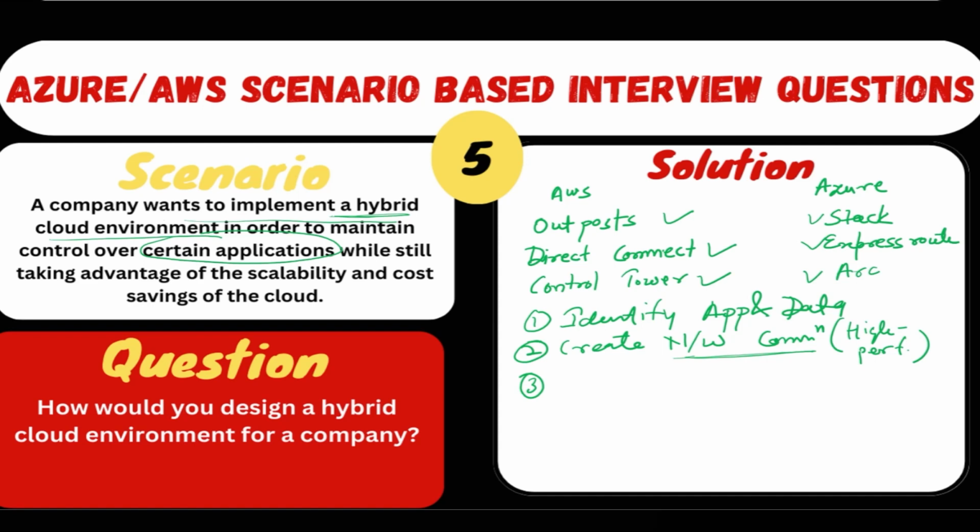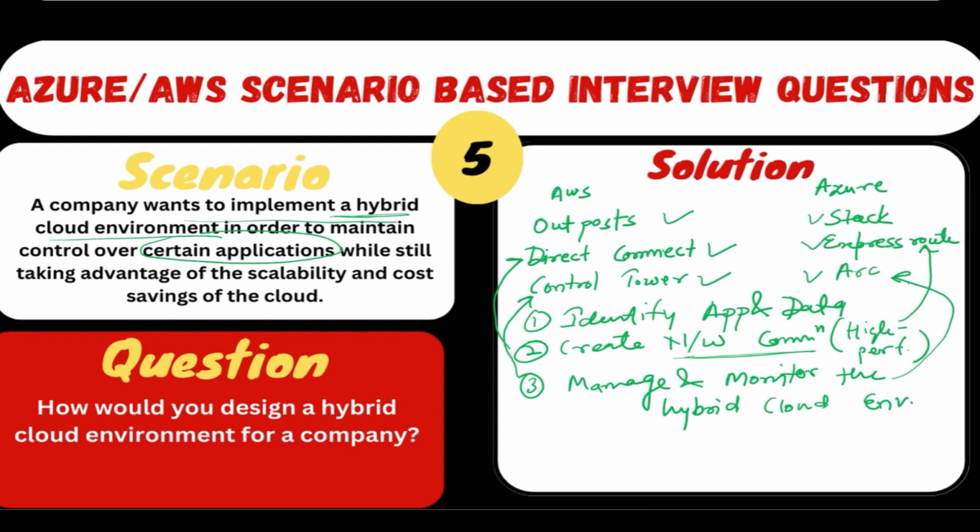Next, we will create a secure and high performance network connection between the on-premises and cloud environment. See, when we are setting up a hybrid cloud environment, we can't go over the VPN service. Okay, this is just good for occasional or inconsistent connectivity. But if we are looking for consistent connectivity, then we need to use a solution called AWS Direct Connect or the Azure ExpressRoute service. Okay, that will help us make a connection between on-prem and cloud environment,